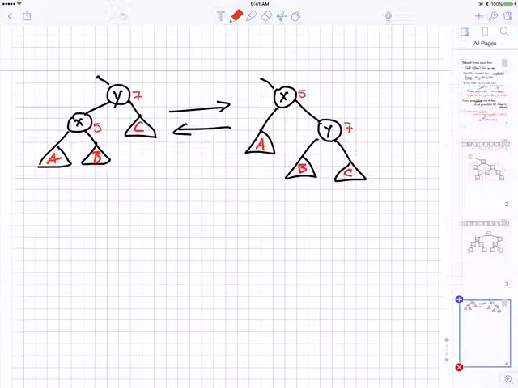But it's possible that things are still screwed up with respect to the next node up. Moreover, if this edge from X to Y is the only place where the priority order is screwed up,